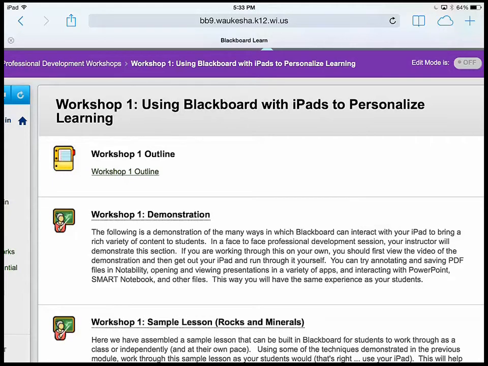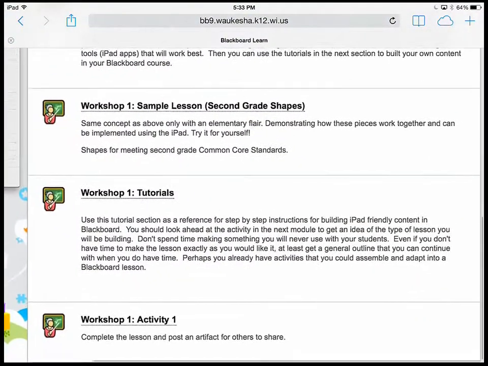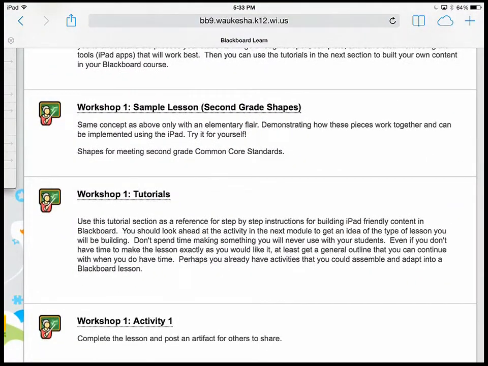But now perhaps the most important and useful part to you in this entire workshop is going to be the tutorial section. In the tutorials, here's where you're going to find step-by-step instructions on how to build in Blackboard, how to put in the various file types so that they're going to open up properly for students on their iPads. So I'll tap here now on the Workshop 1 tutorials,